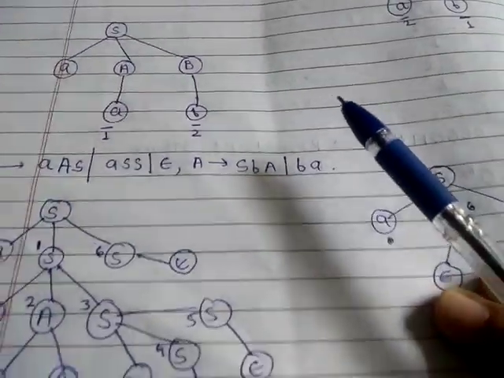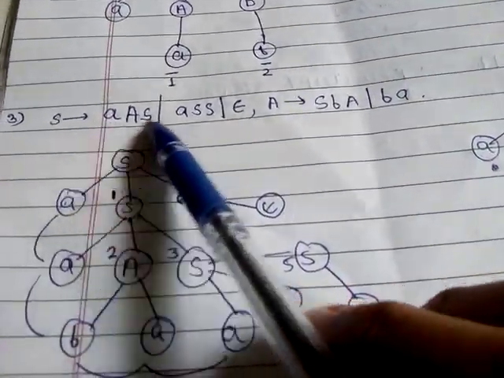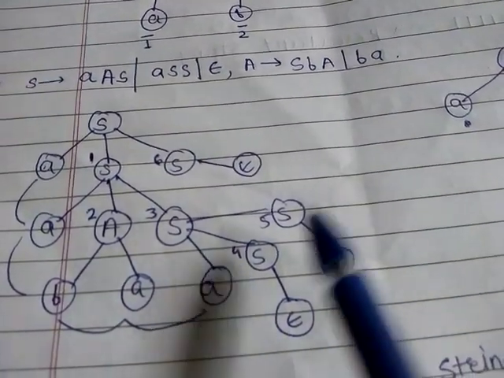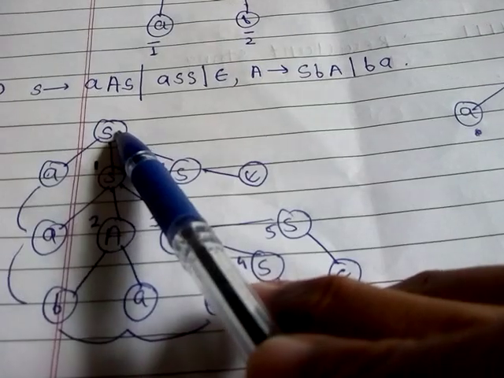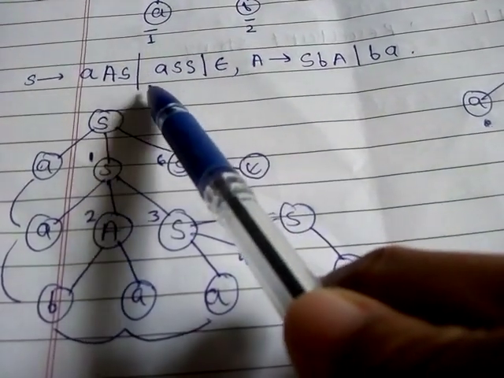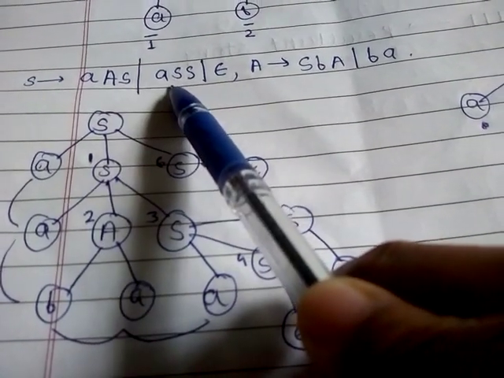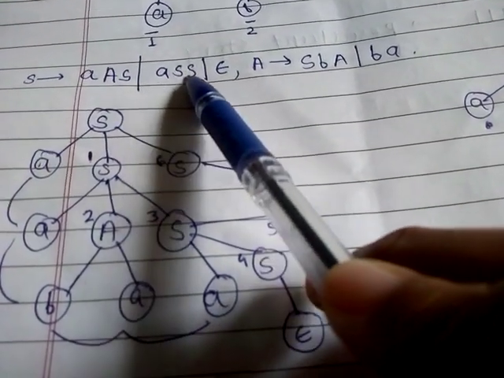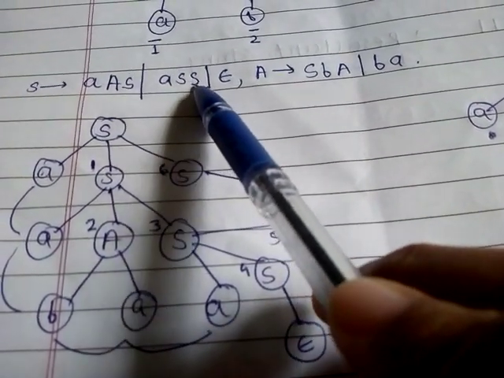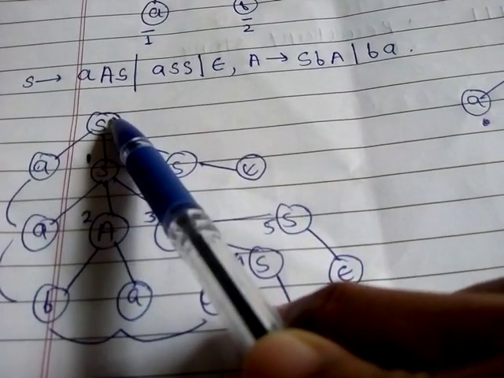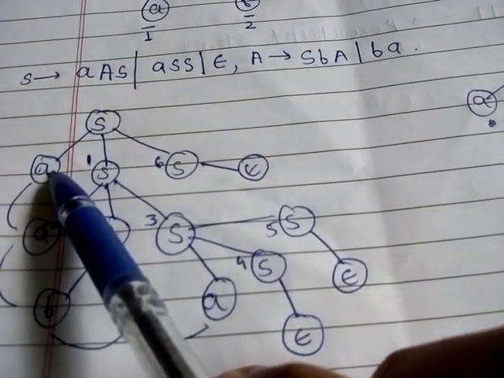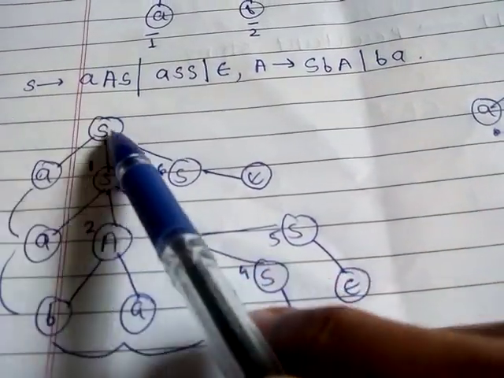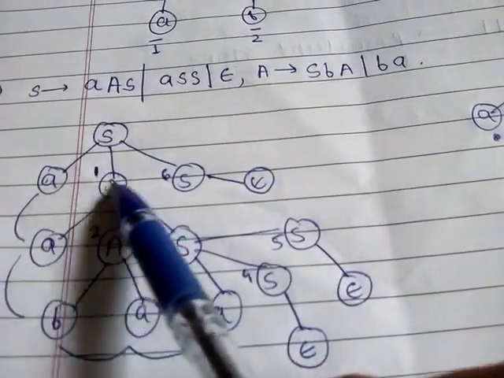The next example is, this is the production rule. By using this production rule, we will form the left derivation and the right derivation. First, I have chosen the second production rule, the second element, because in this production there are two S elements present. So for S, I have accepted A, S and S. This is the starting symbol and this is the production I have applied here.